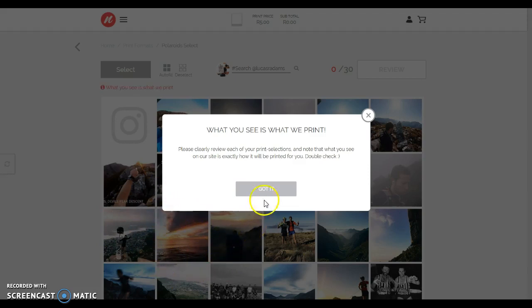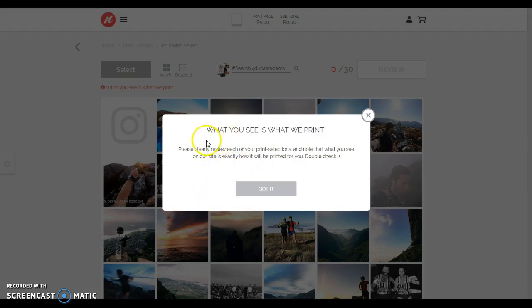When it comes to Instagram, there's unfortunately an automatic crop that occurs. We can't deal with that. The only way to get around that is actually to get your Instagram images downloaded and then to upload them to our website, where we can then provide you with a cropping feature that'll allow you to actually crop the image to your desired effect.